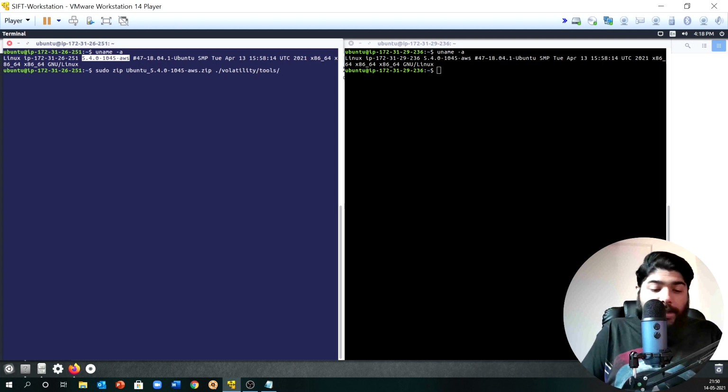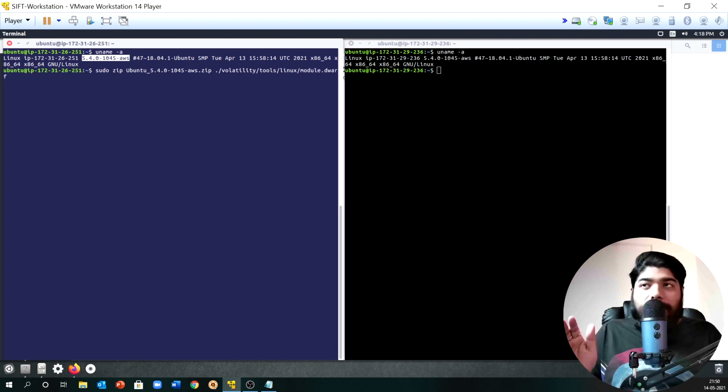Okay, so inside tools, inside Linux, there was a file called module.dwarf. This is the first thing that we need inside our zip, and the second file we need is obviously the boot sector and the system kernel. So this is our system kernel, and we hit enter.